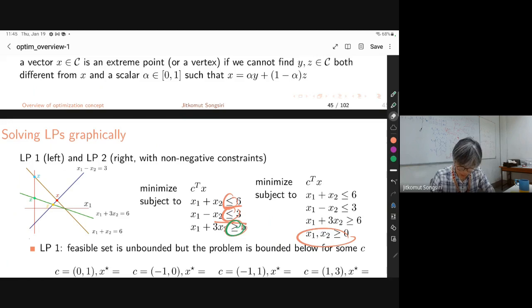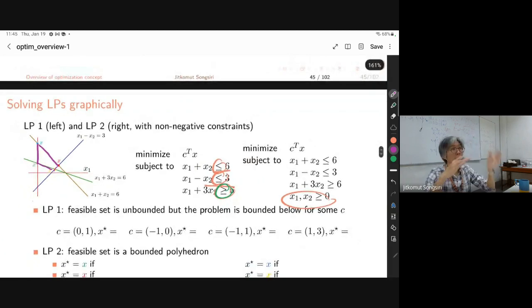I'm going to erase. Now, for symbol LP, for the first one, pay attention. Remember the concept of having the level set and the constraint set. The solution of your optimization has to stay in the constraint set. So obviously for LP1, it has to be inside this polyhedron, always. And now we're going to examine what the level set looks like. And then the optimal solution would be the point where you stay on the constraint set, but it corresponds to